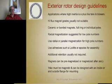High flux magnet grades are usually not suitable for this unless it's for a large wind turbine. Then you could use rare earth magnets. But smaller motors, you're going to use ceramic magnets because you get a lot of surface area. But if you use a rare earth magnet here, then you got to have enough space inside for the iron to carry the flux in the return path, and enough room left over to put the conductors in. In small motors, that's not possible. Rare earth magnets, you got to use ceramic or bonded